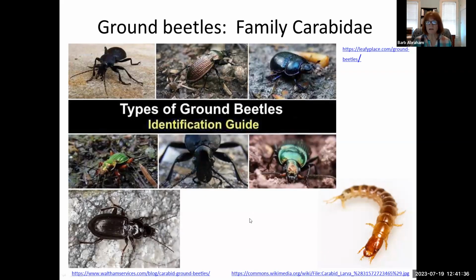And you'll find a lot of them on the ground surface. If you just kick a bunch of leaves, you'll find them under the leaves, and there are smaller ones in the soil as well, and particularly the larvae. And again, look at the jaws. So whenever you see something that looks like a worm but has 6 legs, you know it's some kind of insect larva. And if it has big jaws like this, you know that it is a predator and it is beneficial and you should not squash it.